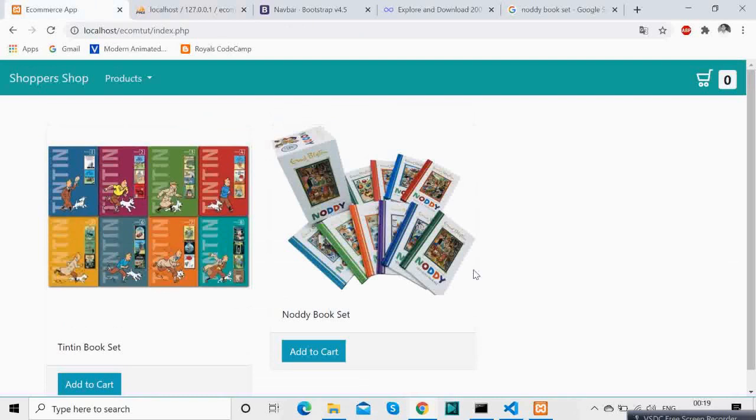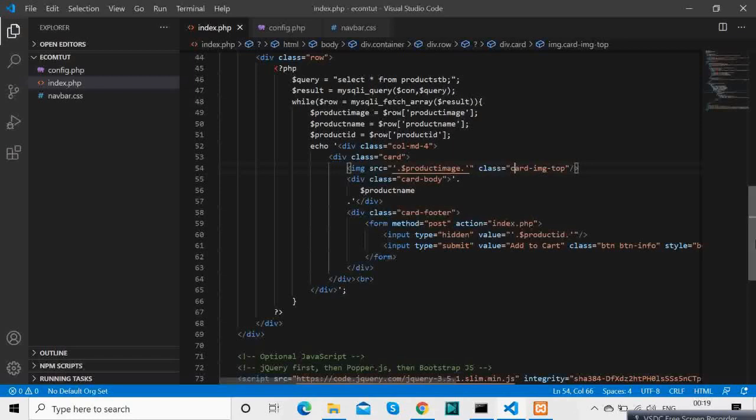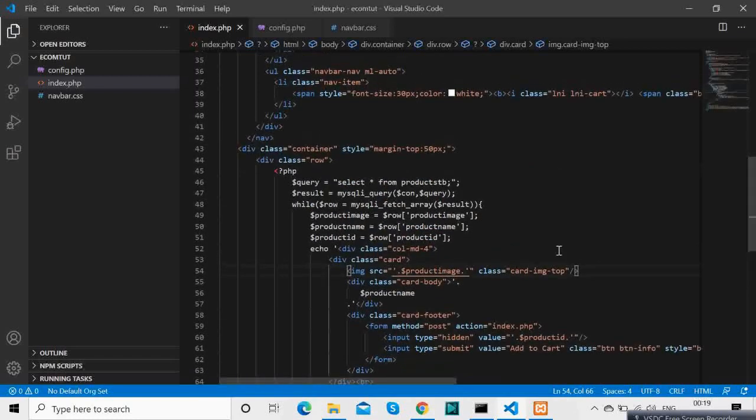There is Drupal which uses PHP. There is WordPress. Entire WordPress uses PHP, and PHP runs over Linux servers. So that makes it very cheap.